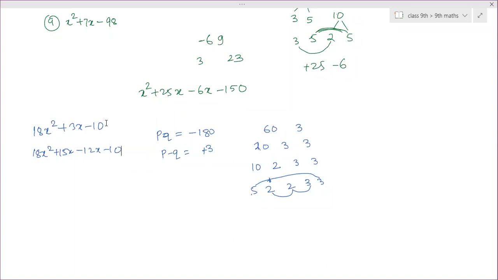Initially x square is alone, it doesn't have any other coefficient, so that a value is 1. So a into constant is the constant term you were checking. Now here are the variables, so the coefficient of x square is other than 1. So you have to take this value into the last term. AC is the product needed. A into C. A is the coefficient of x square, C is the constant term.